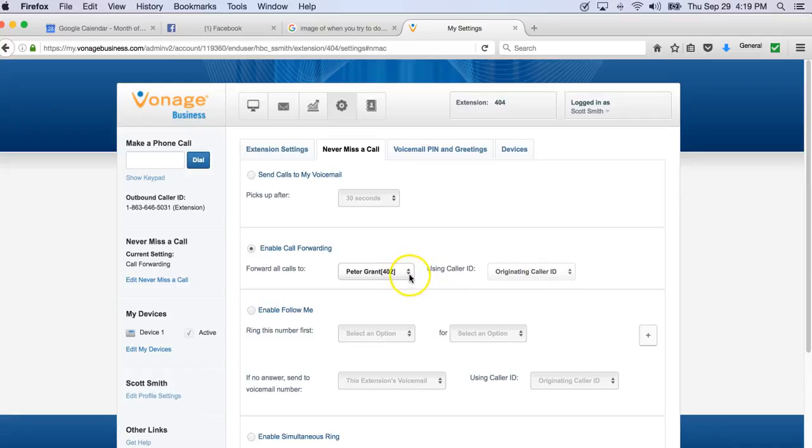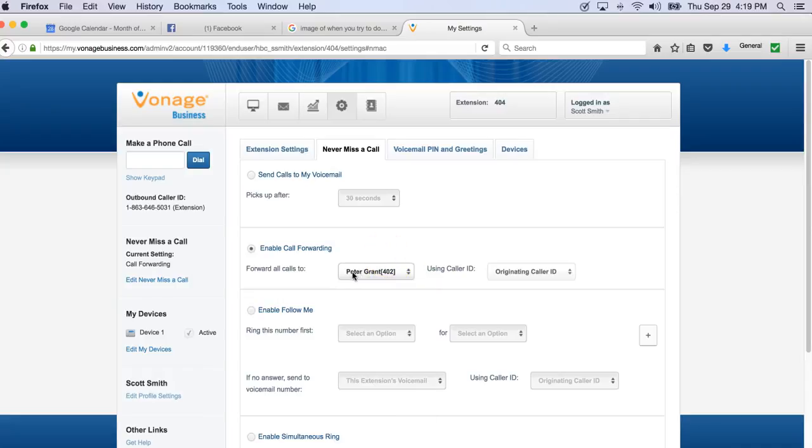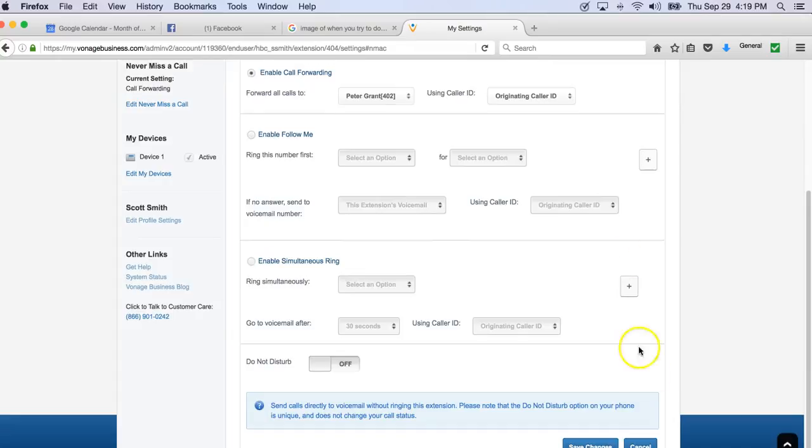By the way, we do have the ability to forward it to your cell phone or home phone or some other phone outside of the property here, and you would do that by add personal number, but we don't want to do that for today. So enable call forwarding, Peter Grant, originating caller ID, and at that point then I'm going to scroll down to the bottom,